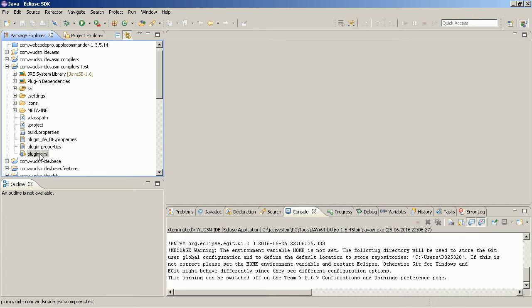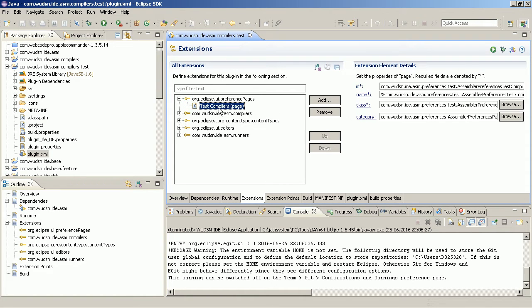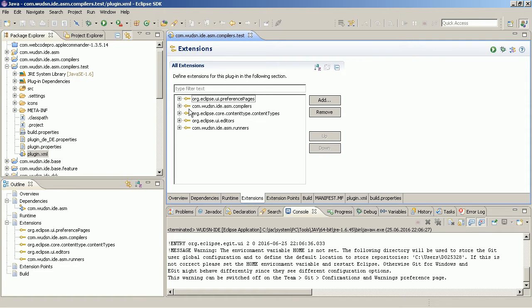So first we have the plugin XML file, which defines the basic properties and dependencies of the additional plugin. In this plugin we find several extensions that were added via extension points. The first one is the test compilers preferences page. This is something we don't need. We would only need this if we add a new hardware. But we don't add a new hardware, we only add a new compiler for the existing hardware of Apple